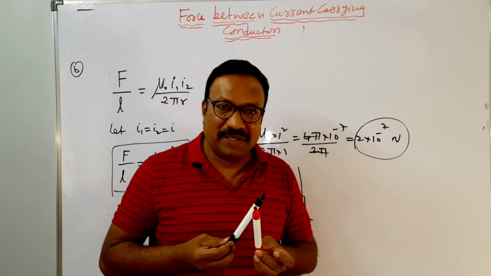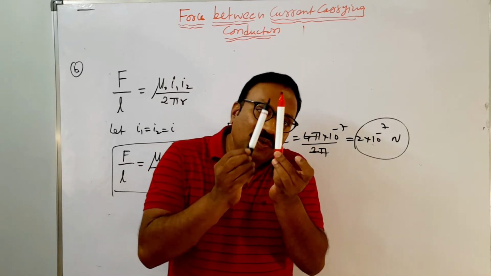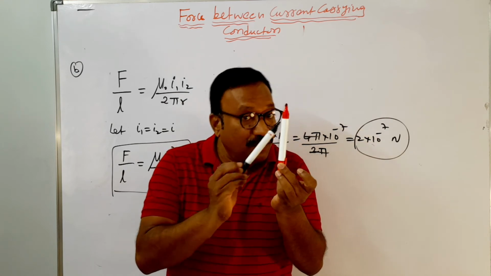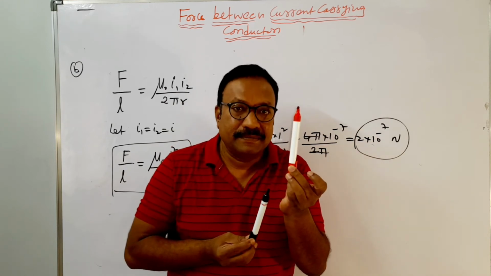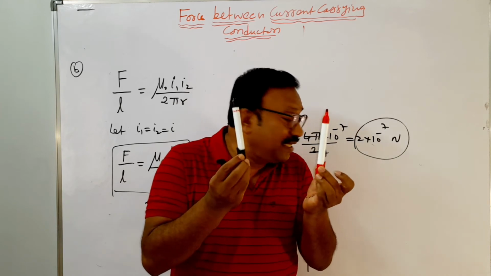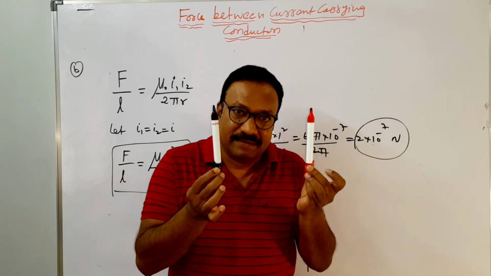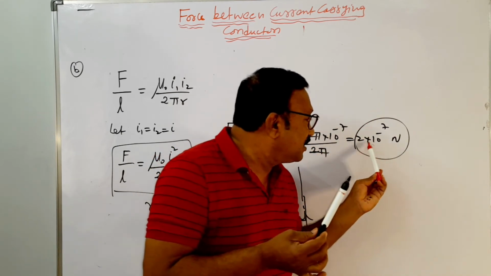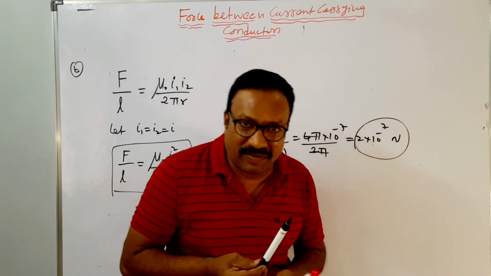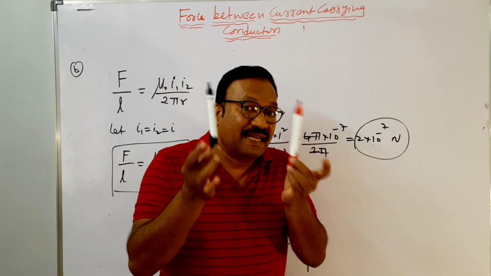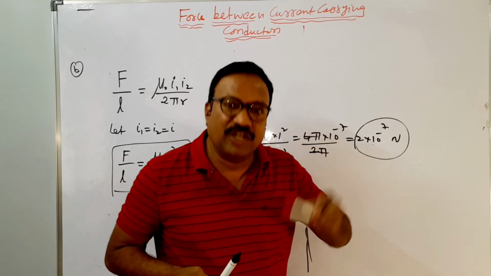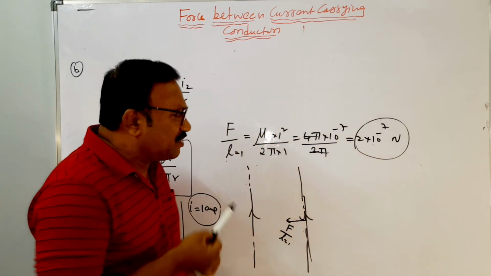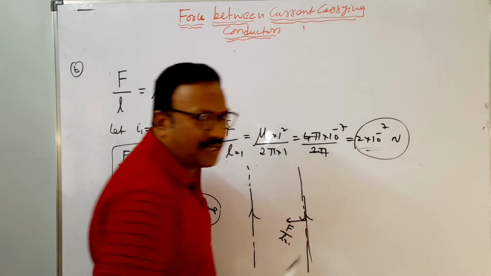Once again I will define, okay? I will take force per 1 meter on the wire, when they are separated by 1 meter, again distance is also 1 meter. And if that force is equal to 2 into 10 to the power of minus 7 newtons, then the current in this conductor is said to be 1 ampere. So, like this, with the help of this force, I am defining 1 ampere.